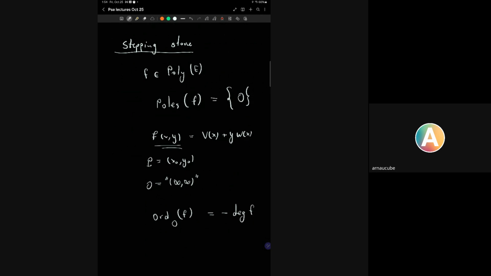The degree of f, this I skipped, but we had a notion of degree that is special for polynomials over E, because in polynomials over E, I have this relation: y squared minus x cubed minus ax minus b equals 0. And this relation, if I want to keep a consistent way of